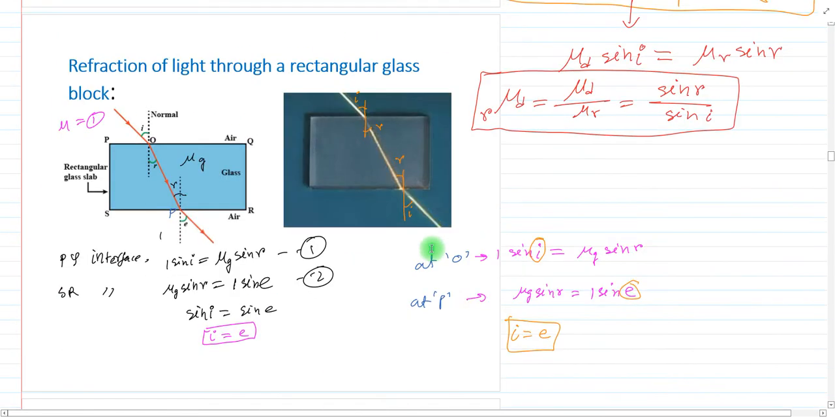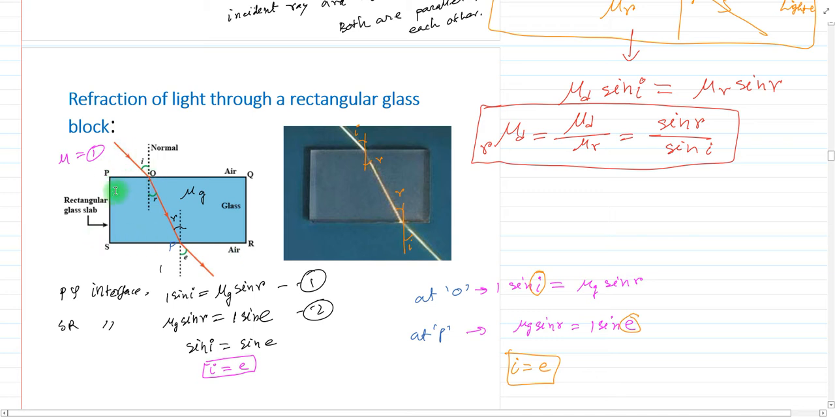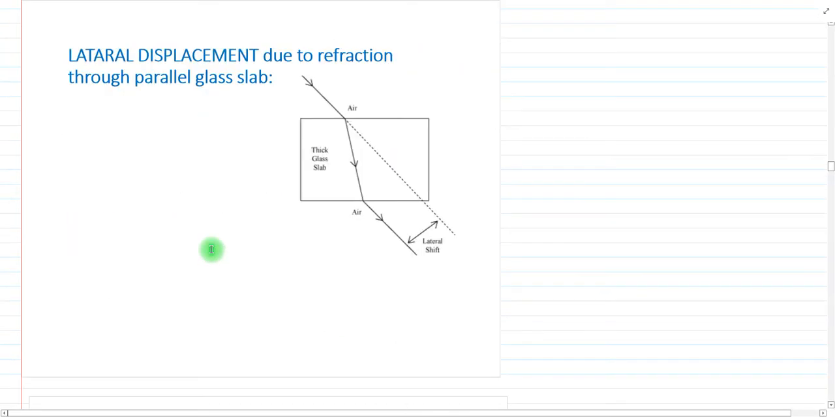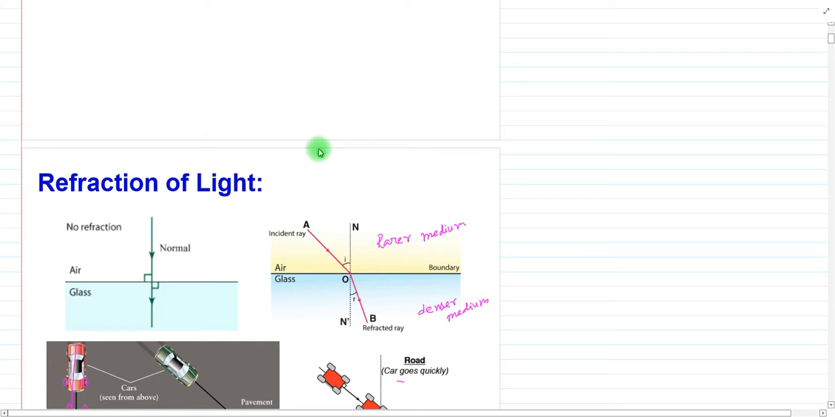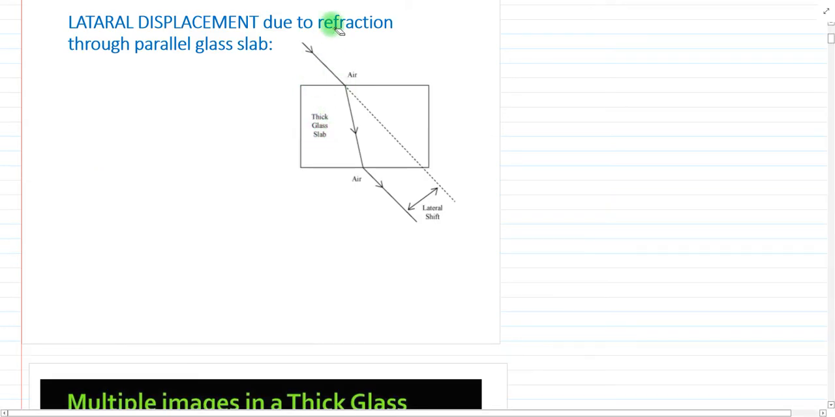I also told you that for refraction through a rectangular glass block, the incident ray and emergent ray are parallel, meaning i equals e. So today we will see the lateral displacement due to refraction through a parallel glass slab. Suppose this one is a parallel glass slab, and a ray, suppose PQ, is falling